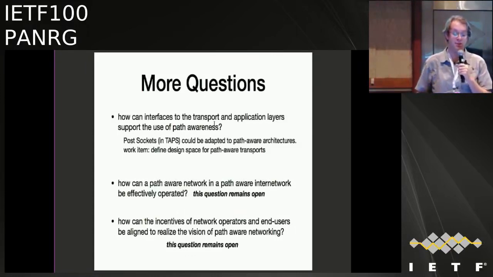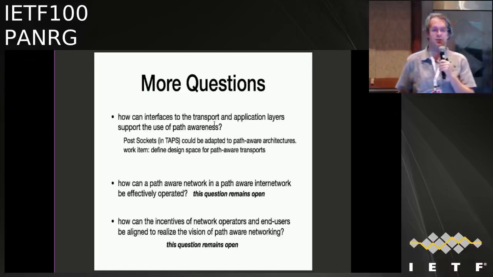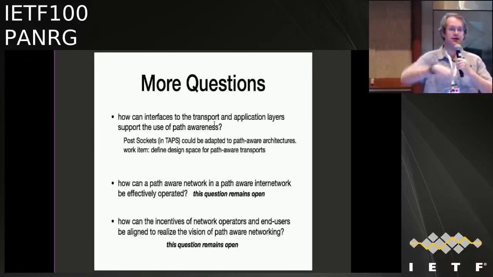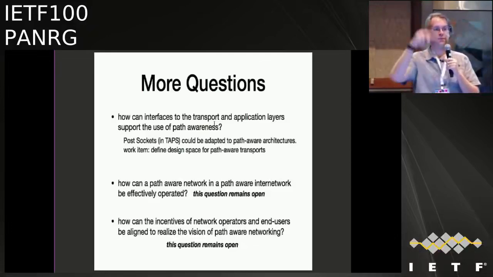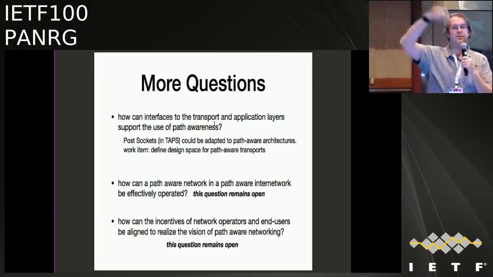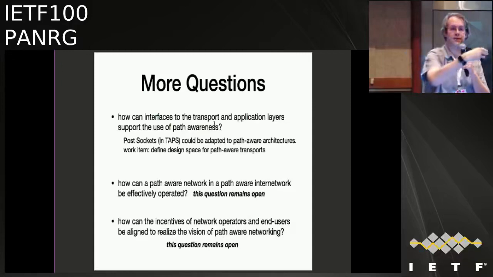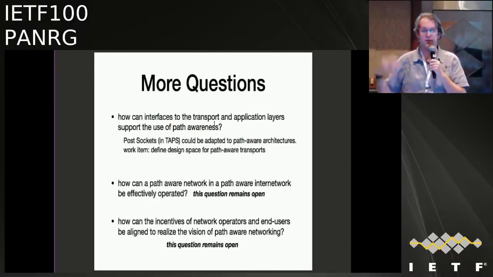One is, how can a path-aware network and a path-aware internet be effectively operated? The network operations model that we have right now is you tell BGP where you're willing to accept traffic from for which prefixes, and magic happens and you get traffic on inbound interfaces, and you can change your announcements, and you have an effective and predictable control loop. Well, okay, predictability in BGP is an open area, but you have an effective control loop for being able to say, okay, this traffic's going to come here, I want this traffic to go away. I'm going to stop announcing that prefix on that interface, and the traffic goes where you tell it.